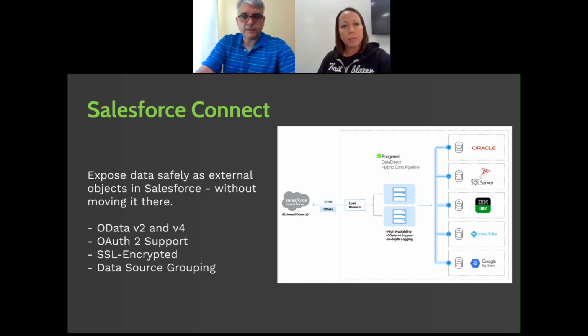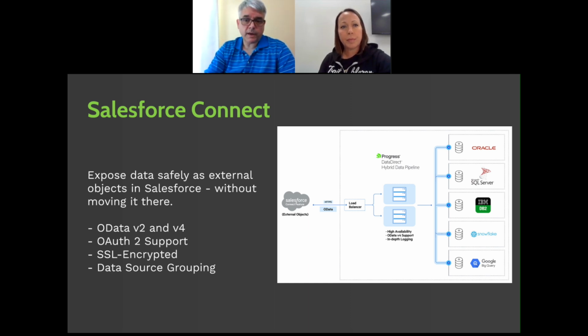Well, so we're basically saying, we're not migrating any data into Salesforce itself. The data is queried on demand. So if you need a report that's going to integrate, say, some marketing data from an external source with something from your Salesforce CRM, we can provide that integration. When you configure the OData connectivity within the hybrid data pipeline, you actually control what fields and what tables are exposed from your backend sources.